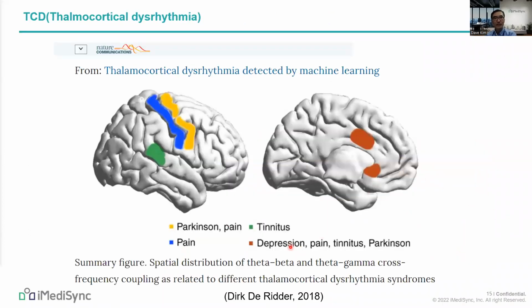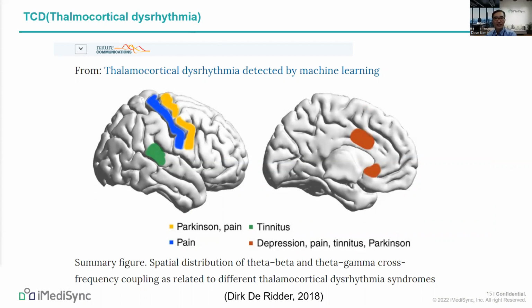I'd like to briefly describe the thalamocortical dysrhythmia. Thalamocortical dysrhythmia is a model proposed to explain the divergent neurological disorder, basically characterized by the common oscillatory pattern,